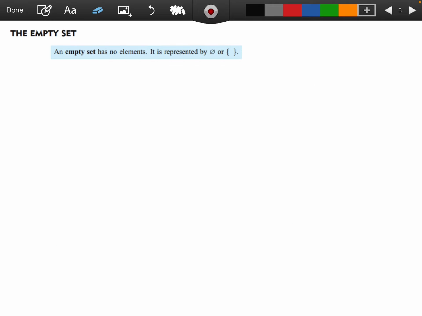Okay, one more. The empty set: we call a set empty if it has no elements. It's represented by one of two symbols, either the circle with the line through it, or the two fancy brackets with nothing inside. So all an empty set means is that it has no elements. If we think back to our universal set, which was the numbers 1 to 10,